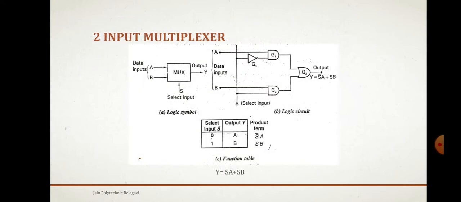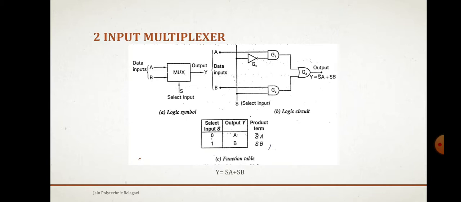So, the 2:1 multiplexer, a two input multiplexer. Two input means two data inputs will be there. 2:1 means one output line, and one select line will be there, depending on the select line. A 2:1 multiplexer is a combinational circuit that uses one control line to connect one of two input data lines, A and B, to a single output Y. Only one of the input data lines can be connected to the output of the multiplexer at any given time.